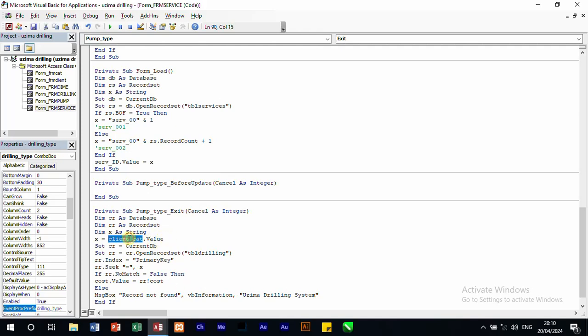So the value is pump type dot value. Then you want to use table pump,